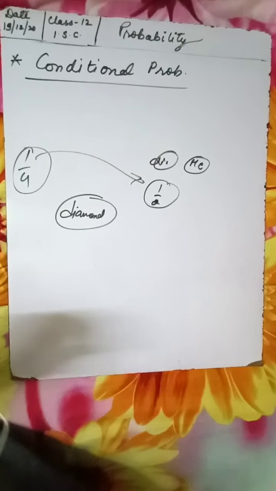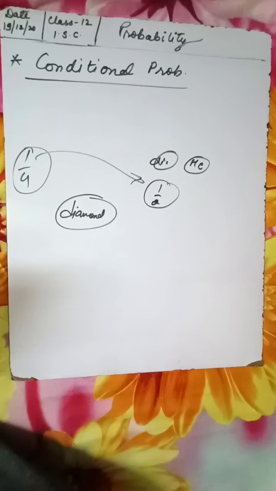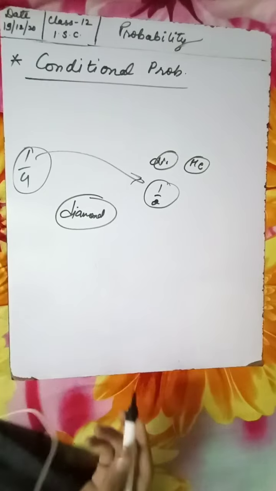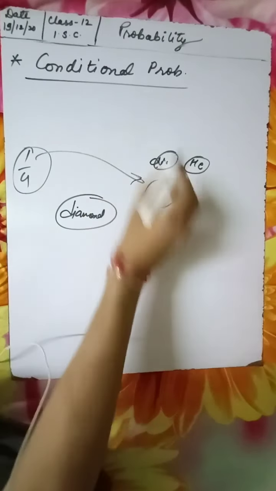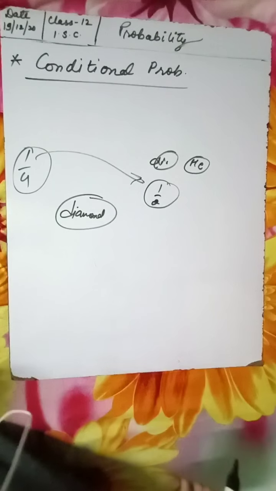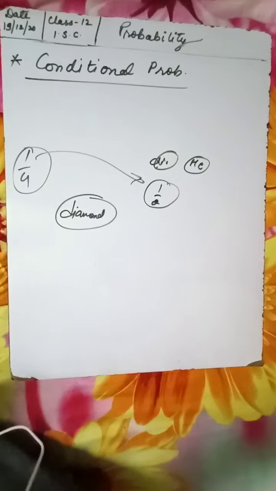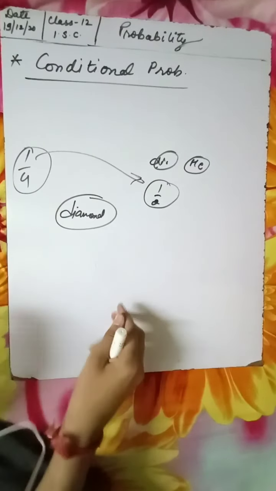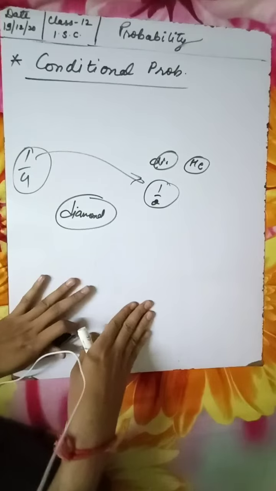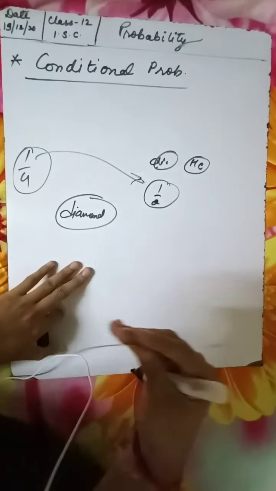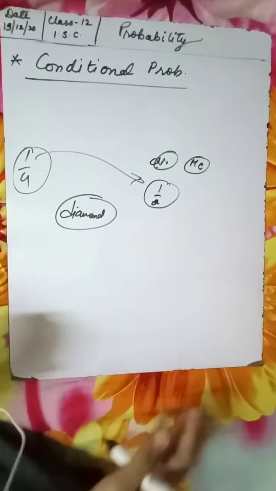Are you understanding? From here we define that if two events A and B are associated with some random experiment, the conditional probability is the probability of occurrence of A, knowing that B has occurred. That is what I told you: you need to find the probability of diamond, provided I'm giving you the information that the card drawn is a red card. So this is the condition we are giving in the probability, that this is known to us. In respect of that, find the probability of whatever we require.